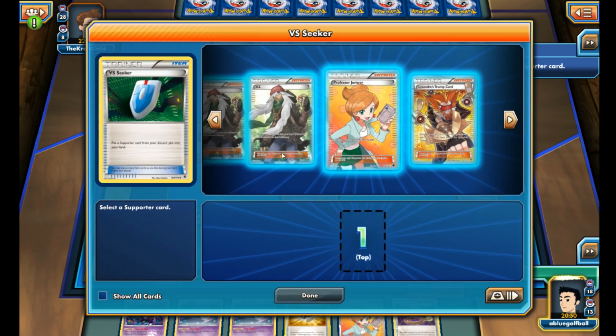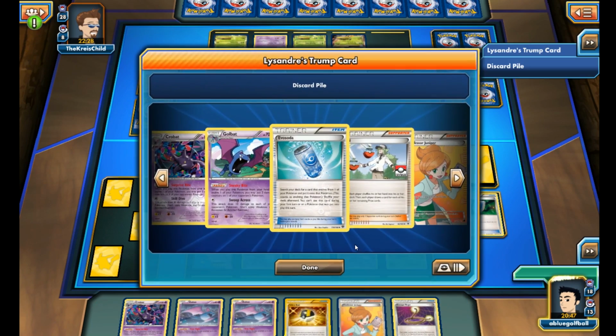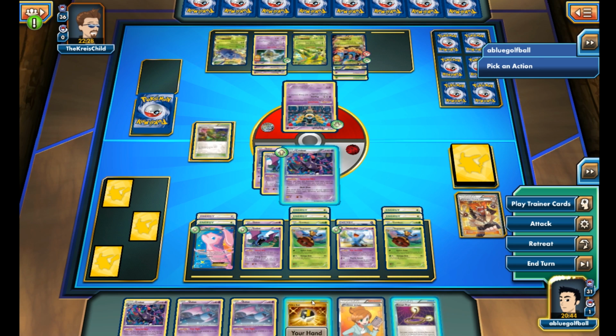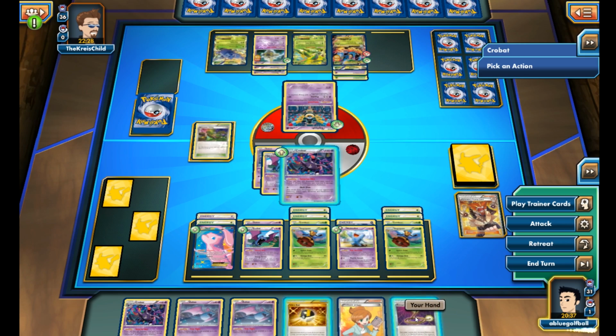Let's go with the Lysander's Trump Card. I want to get back our Muscle Bands. And yes, my opponent will be getting back the Scoop Up Cyclone, but I'm going to go with that. And let's just go for the Skill Dive, I suppose. I wonder what would happen if...